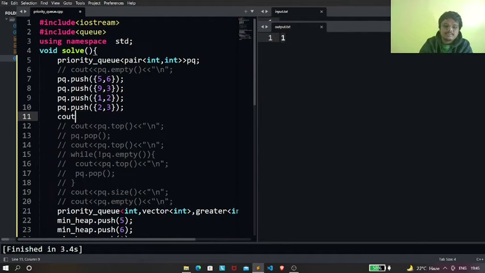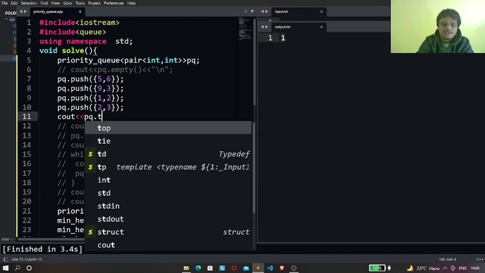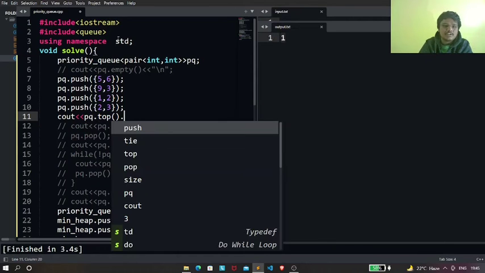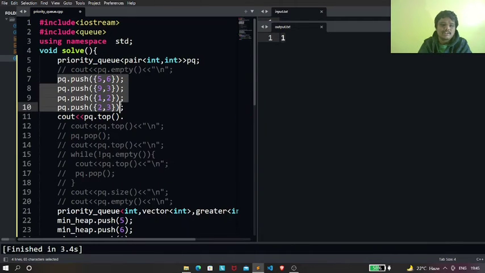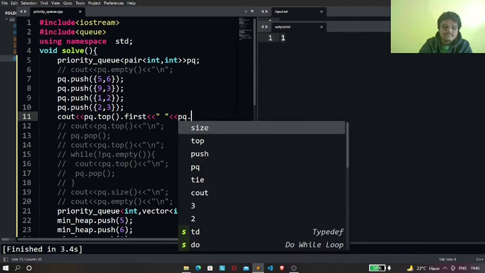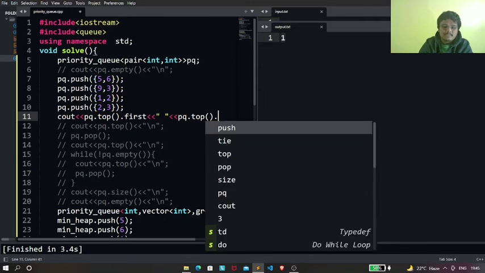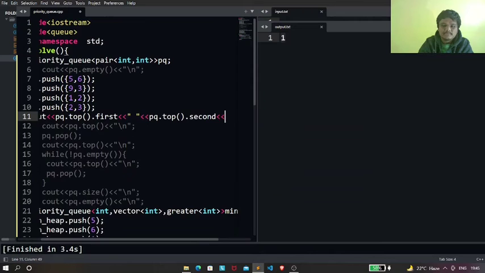So if you just print pq.top, now what this will do, this will actually arrange the elements according to the priority, right, in max heap. So if you just print dot first and just second, right?